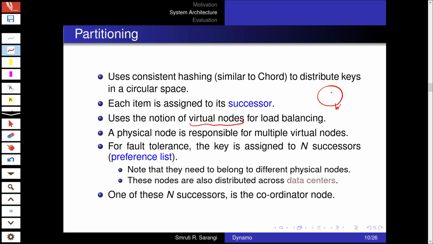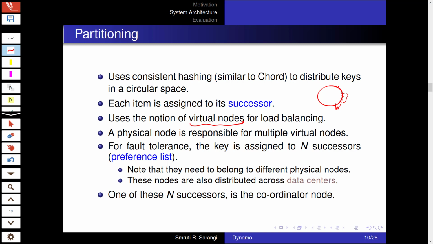It assigned a host of positions on the ring, and each physical node was given a set of contiguous virtual nodes for the sake of load balancing.